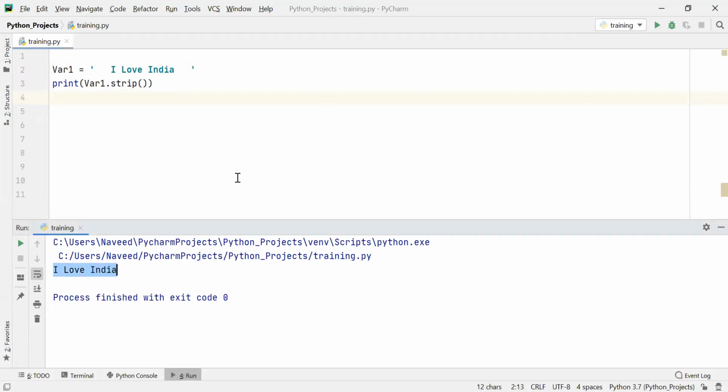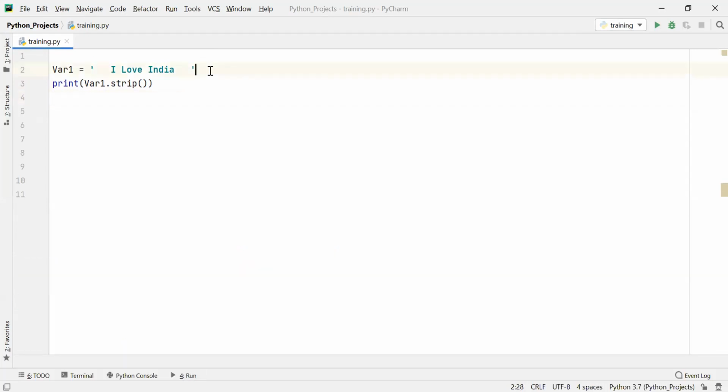Also, let's say instead of a string, you have a var2, which is having a list. And inside this list I'm having hello slash n, the newline character, and world slash n. Now I don't want this. I don't want slash n. So what I can do is simply write print var2.